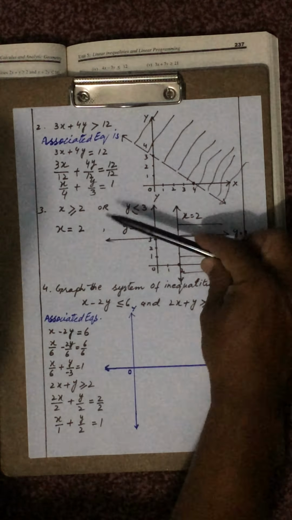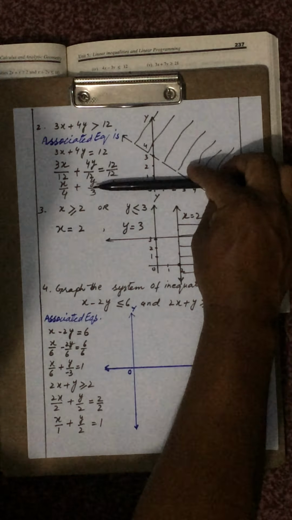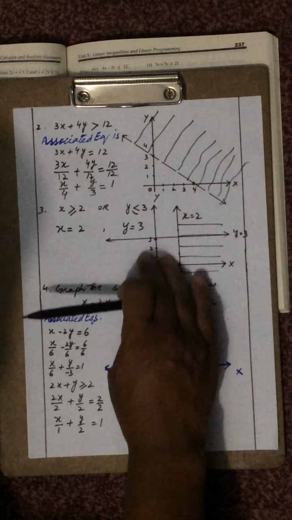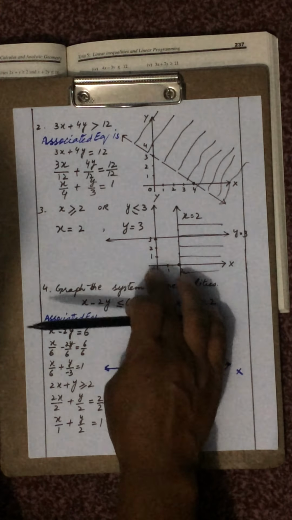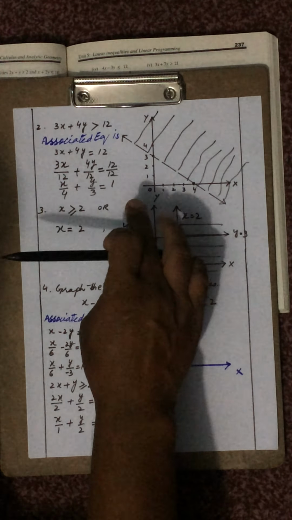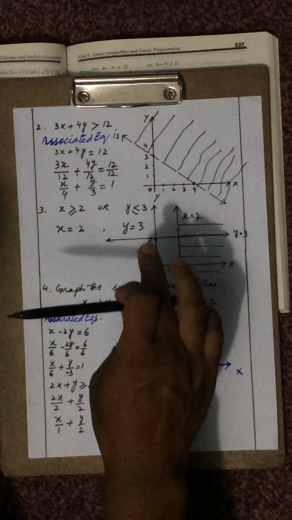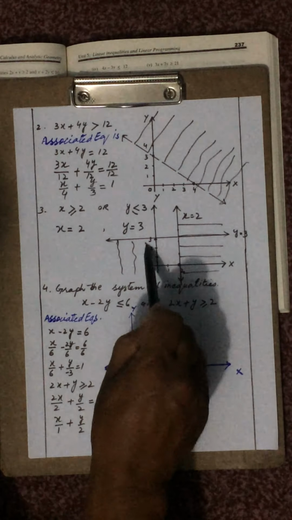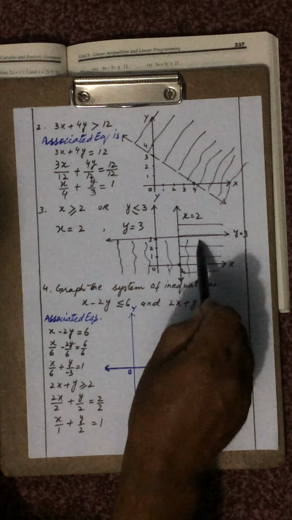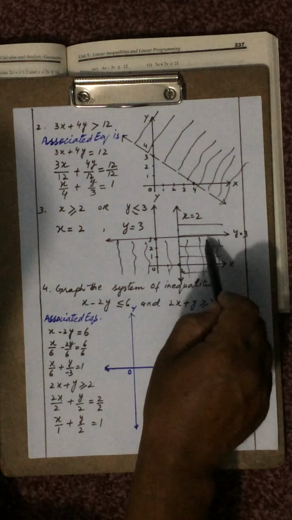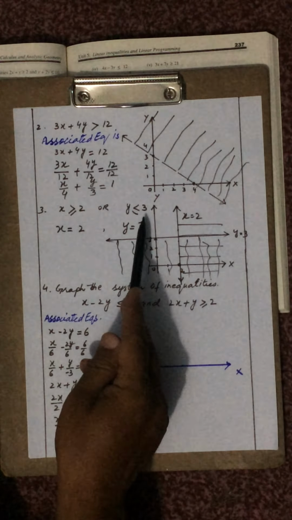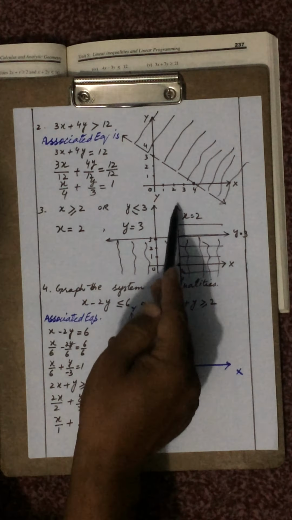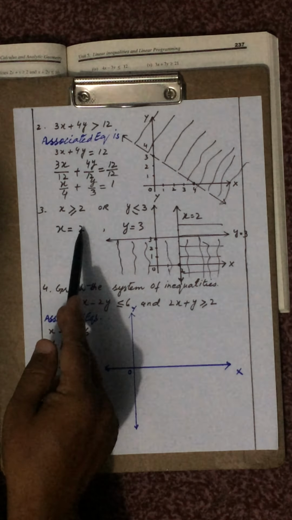So there are two possibilities, this half plane or this half plane. Which one is the origin side? This one is the origin side, because the origin is here and there is a less than sign. Whenever the sign is less than, you have to take the origin side. So we take the origin side, this one. This is the graph of the inequality y less than or equal to 3, and the other is the graph of y greater than or equal to.